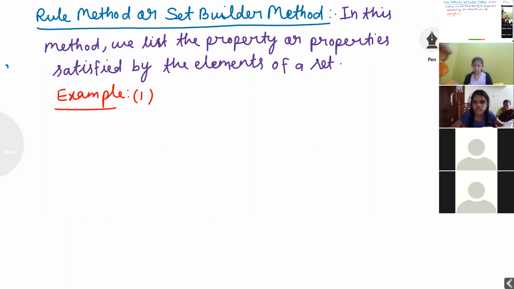Now listen carefully, students. By using the set builder method, how do we represent the set?